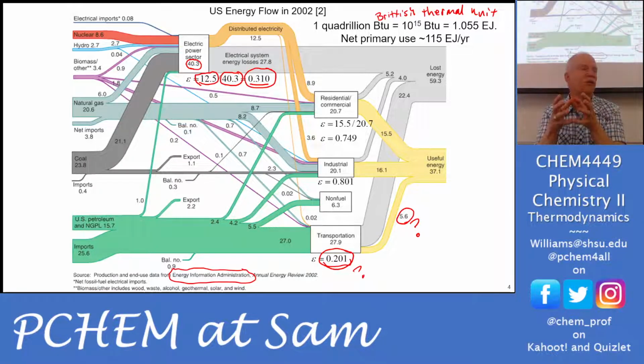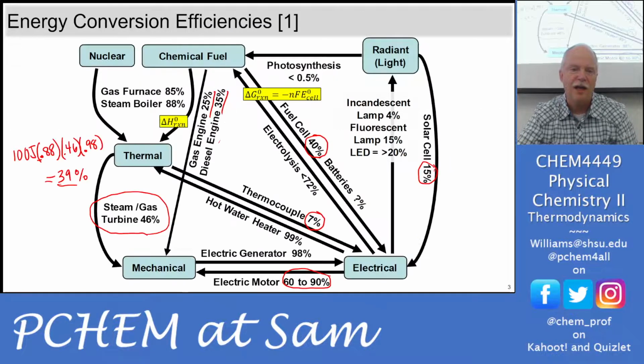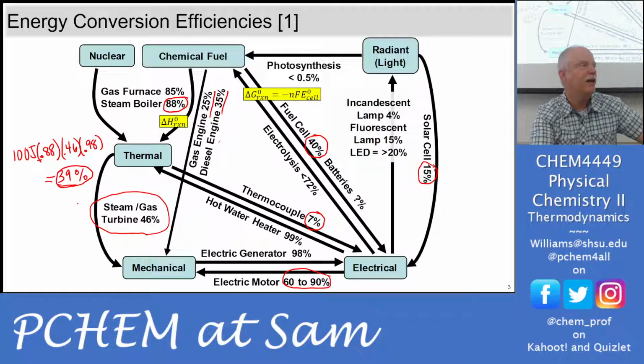So to me, an electric water heater is an incredible waste. Why? Well, because if I go back here, I can take that same natural gas and create hot water at 88% efficient, and it goes straight into the hot water, okay? If I want to use an electric hot water heater, I've got to go through 39% efficiency in generating electricity,